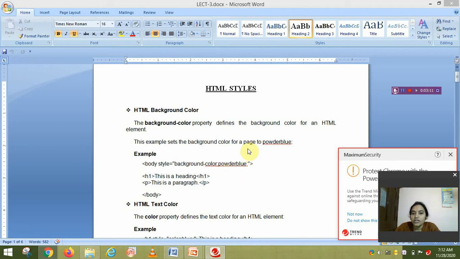Then semicolon, then double quotes close, angular bracket close. Then write whatever sentence or content you have inside the body tag, then close the body tag and the HTML tag, and run this.